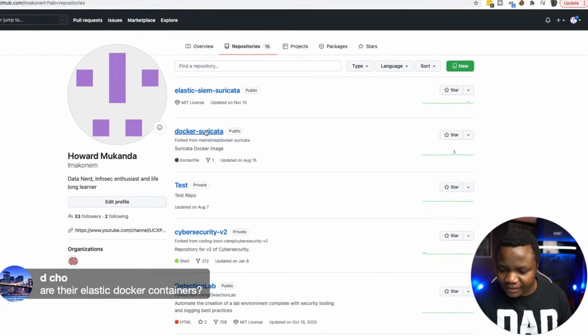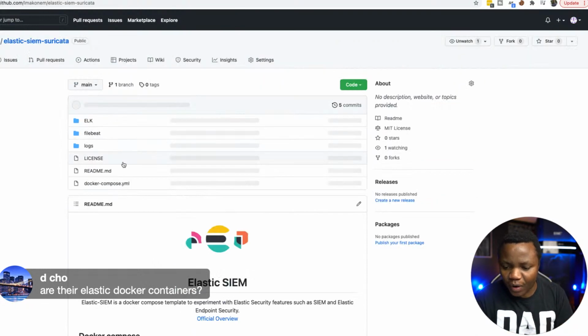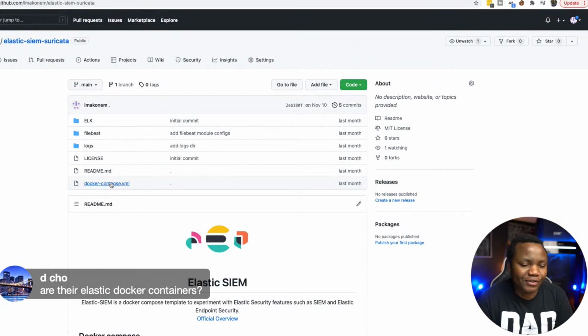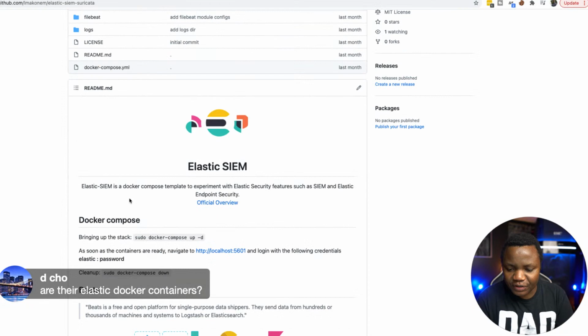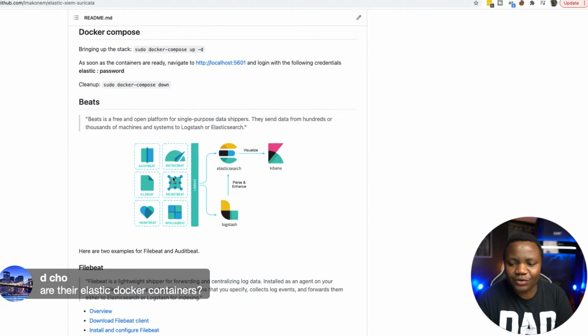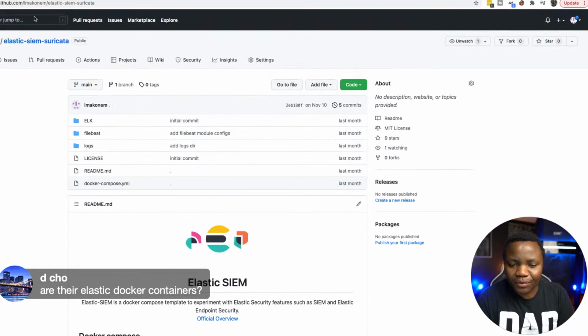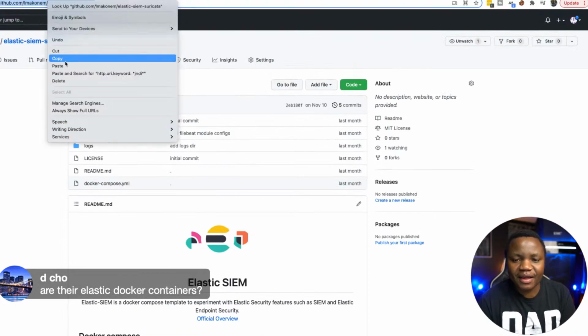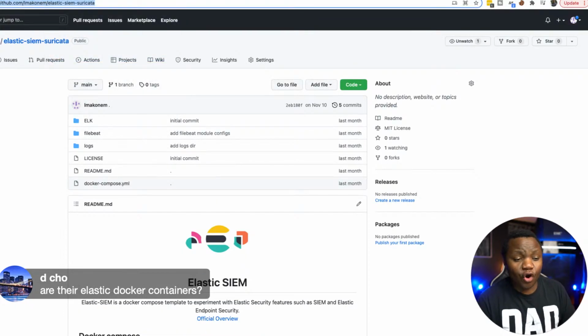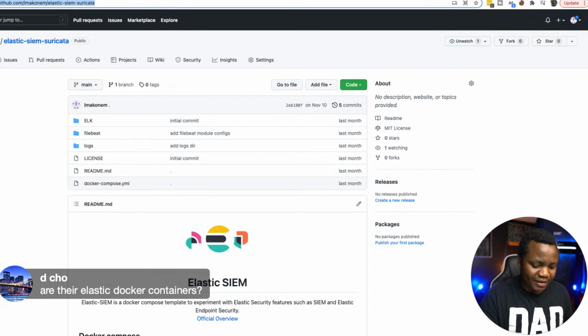Okay, I also have this Docker Suricata. This one, yeah, this one is the one that I was talking about. This is the latest one. This is a Docker Compose file. It will run the SIEM for you. I forked this repository somewhere, but I do have a Docker Compose here that you can run, and it will give you everything that you need. This one doesn't have Ansible. The other one had Ansible, but if you're interested in setting up your own SIEM solution,